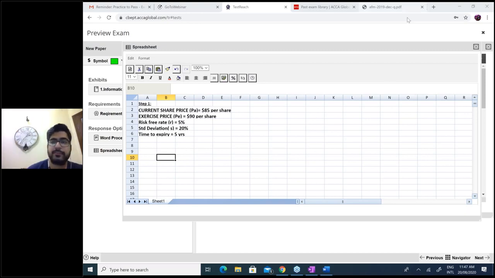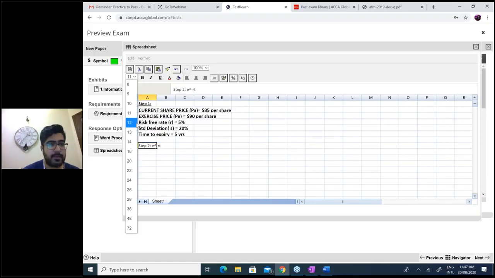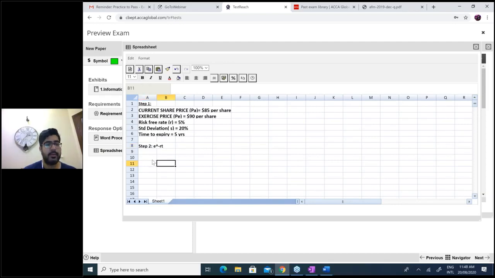Exercise price is given. It's 5 years. Okay. Now step 2 states you need to find e power minus RT. You know, in Excel, we use the power sign. Okay. So exponential value